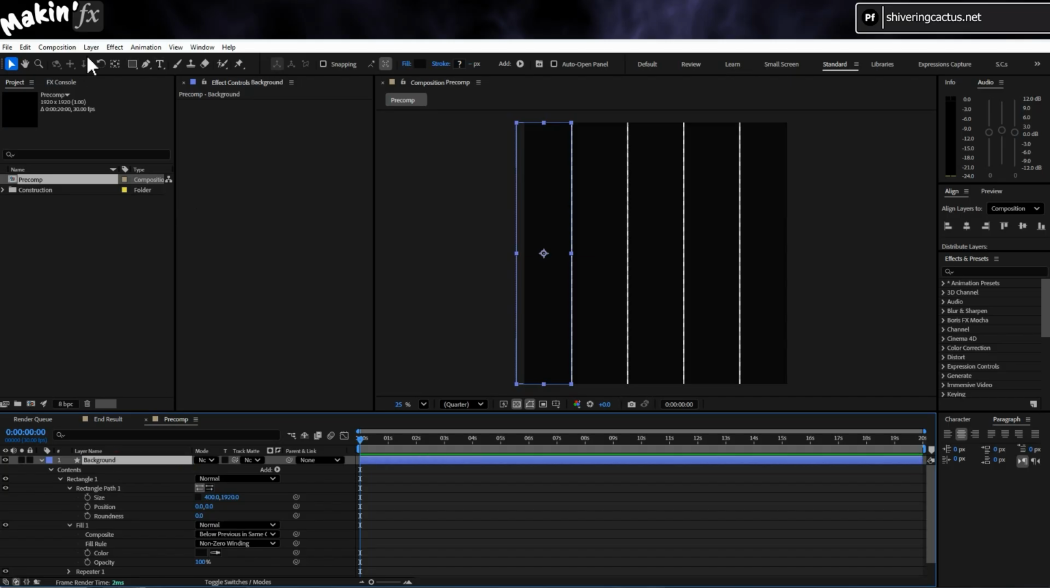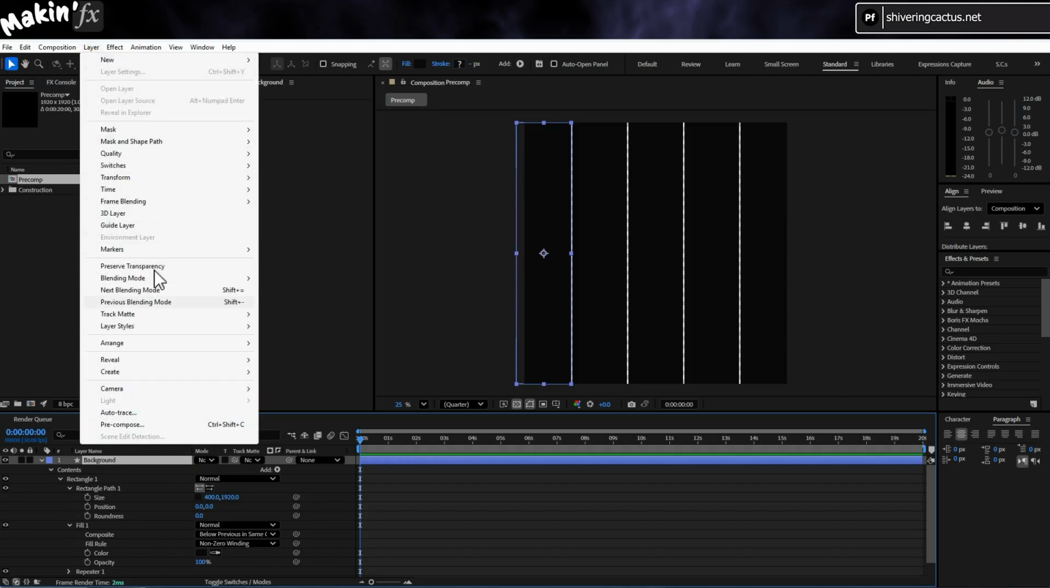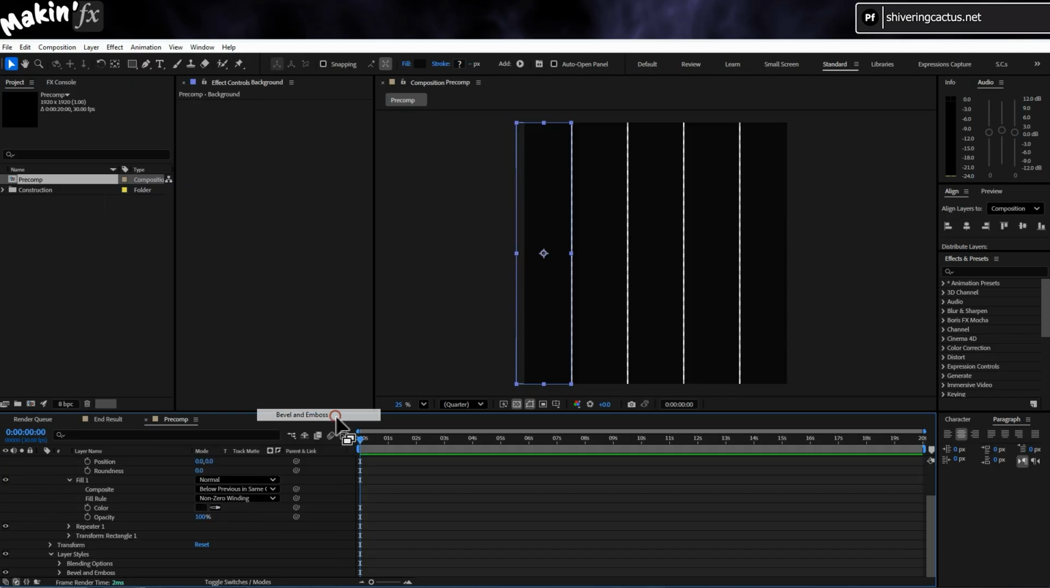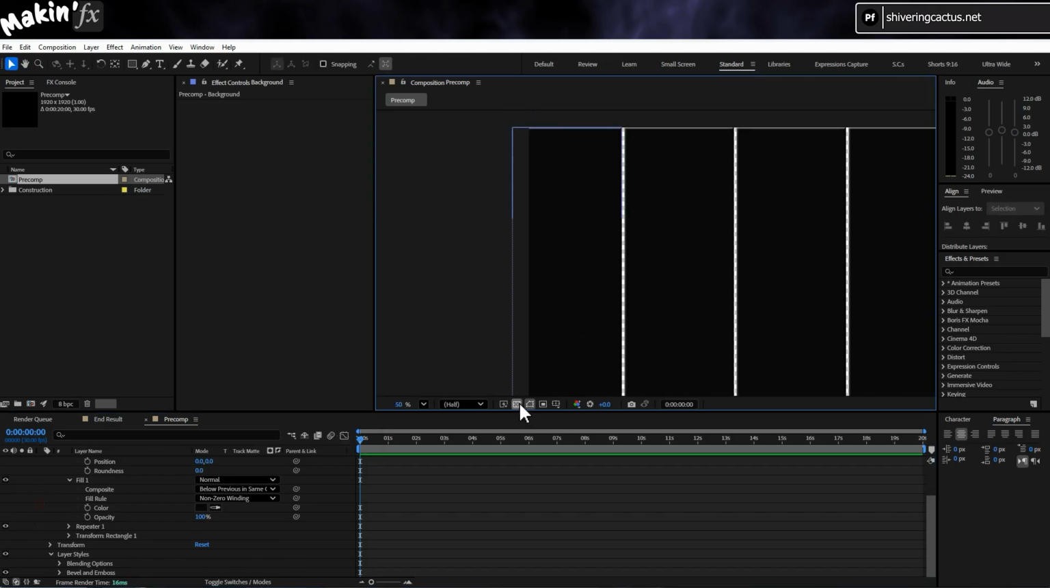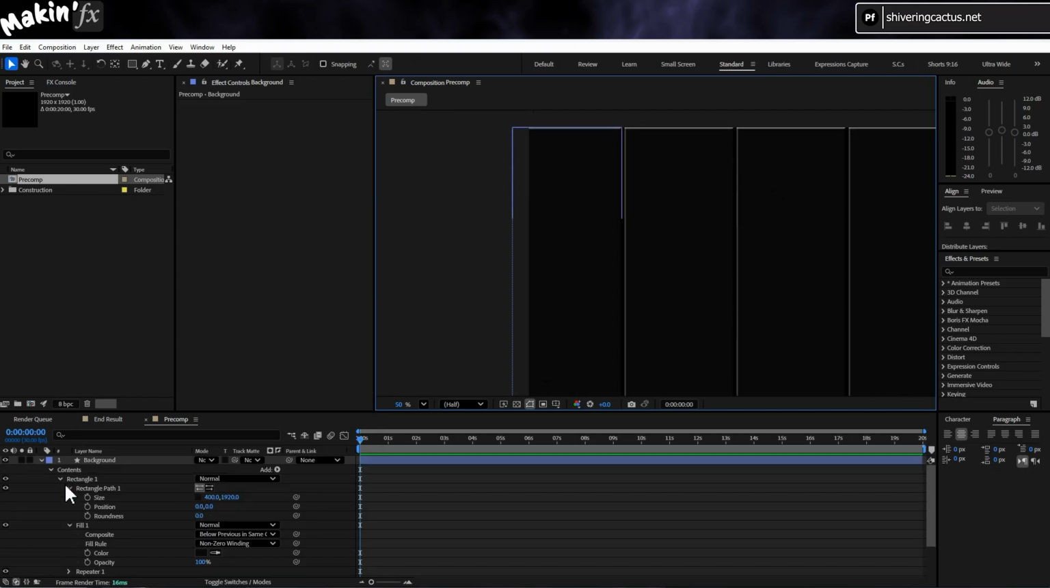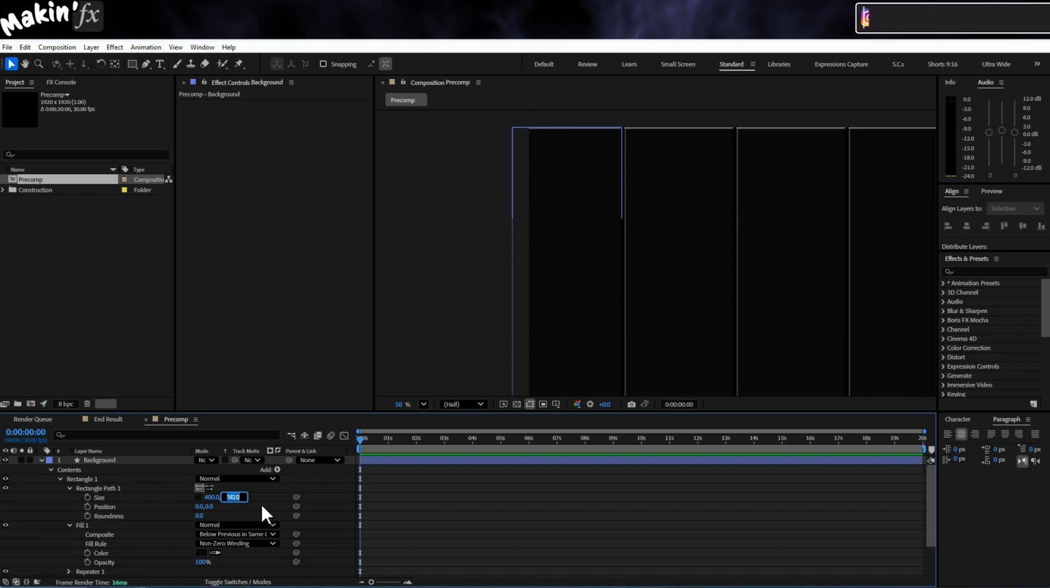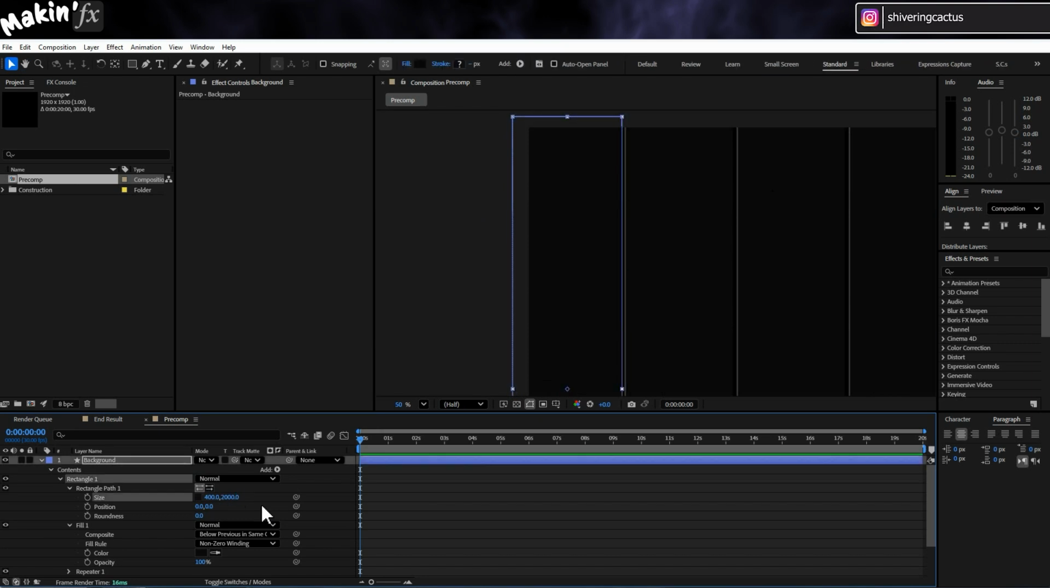And then go to layer, layer styles, bevel and emboss. So we get a nice little bit of shading. But the reason I'm using a shape layer for all this is so that if you have to adjust it later, you only have a few values to change to get it right. Speaking of which, let's hide the top bevel by going back to rectangle path 1 and increasing the height so